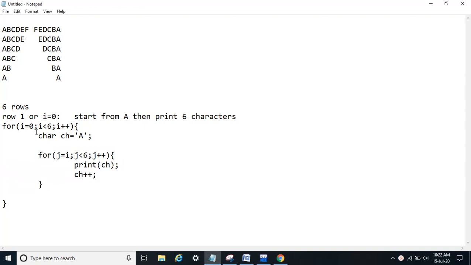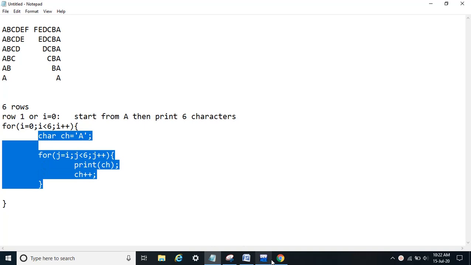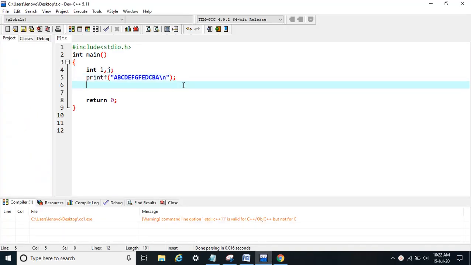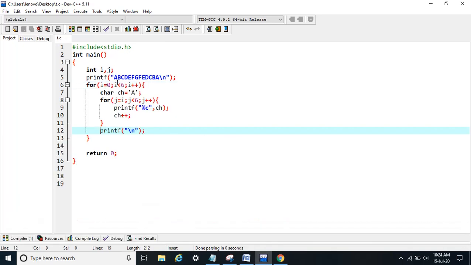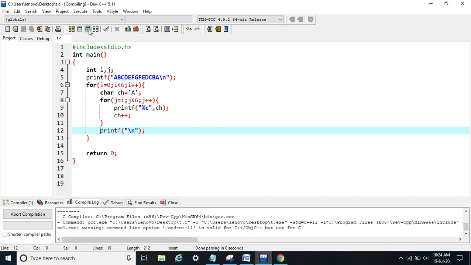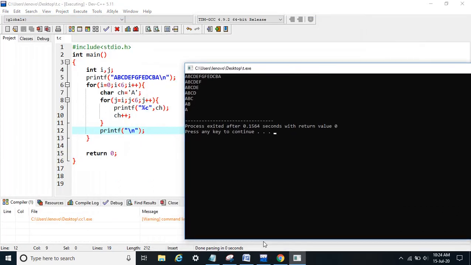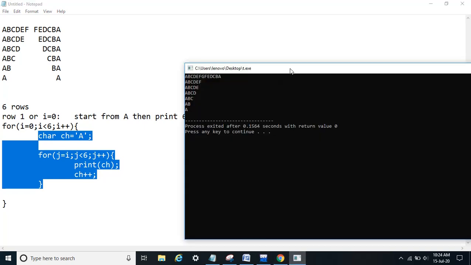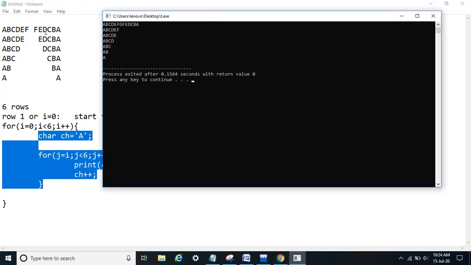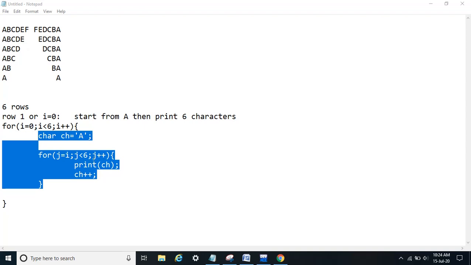So let's copy this part, this C. So let me code this quickly. I think that this part is very clear. Let's run this code. So till now we have printed the first row and we have built only this part. Now what is remaining? This spaces part is remaining and this reverse part also. So first let's build the logic for spaces.